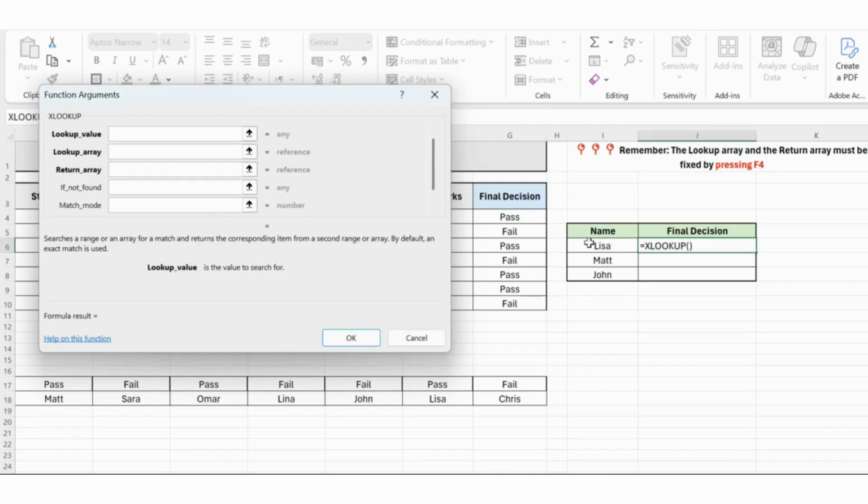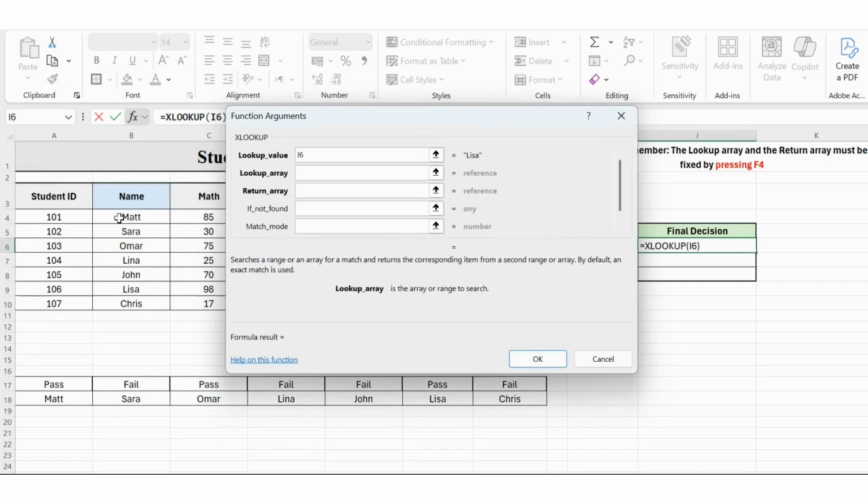This could be anything in your dataset, such as a name, ID, code, or any value that needs to be matched. Next, select the lookup array, which is the range where Excel will search for that value. Make sure to press F4 to fix the array, so it does not change when you copy or drag the formula to other cells, which is especially important when working with large datasets or when applying the formula across multiple